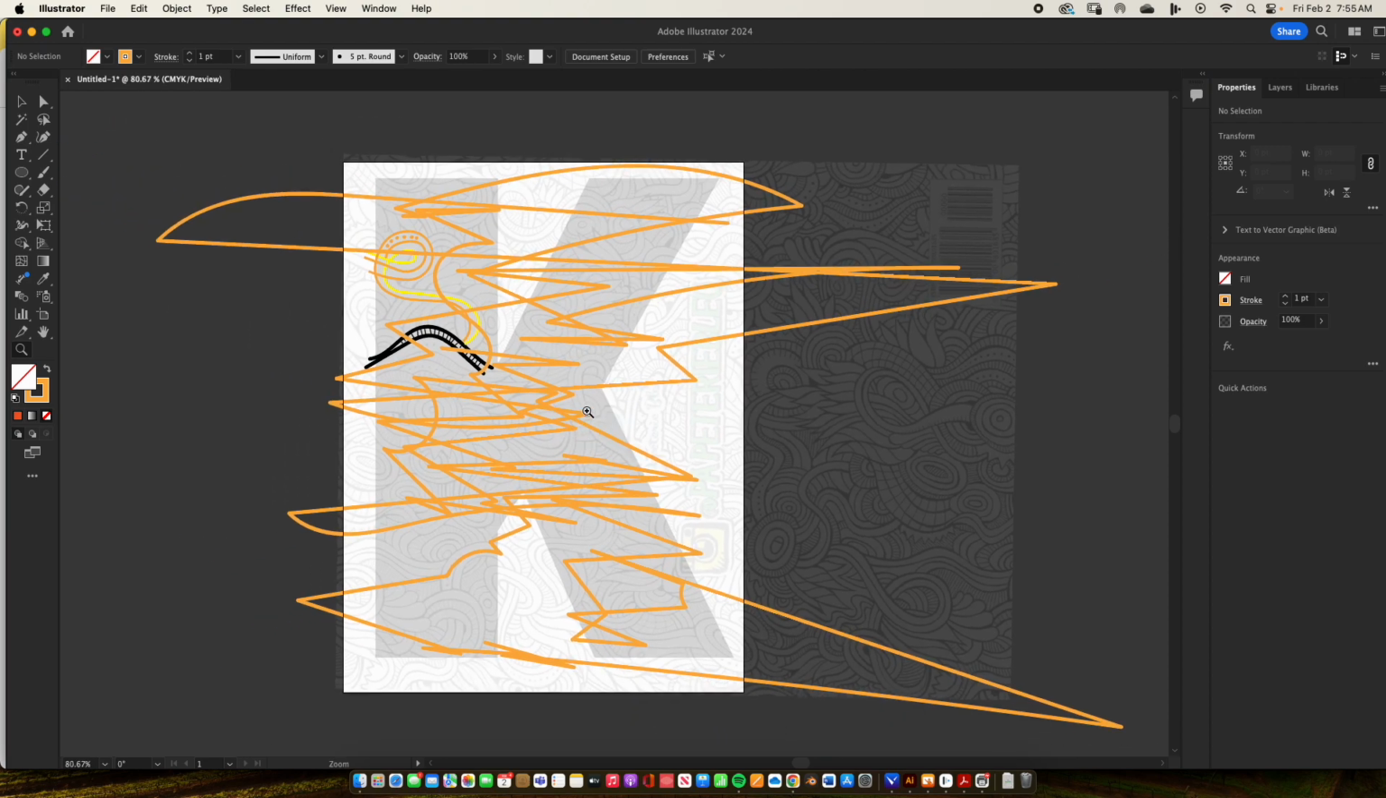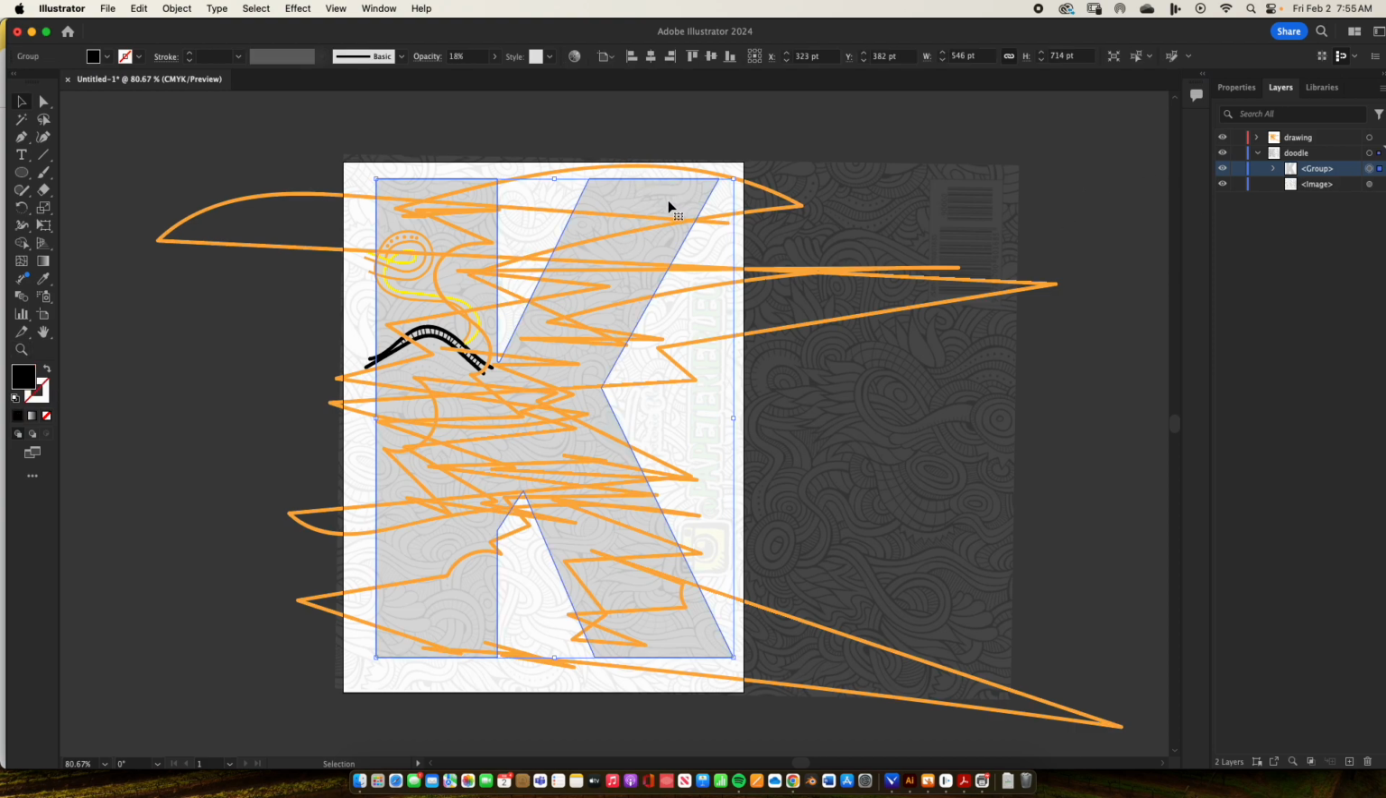Now that we've got all of our spaces filled up, we're going to go to our layers. We're going to unlock this. And for this to actually work, we need to make sure that our K is on top, because remember, we need our K to cut the doodle, the drawings that we did. So I'm going to take my K and move it up to the top. I'm going to select my K, and I'm just going to hit my command